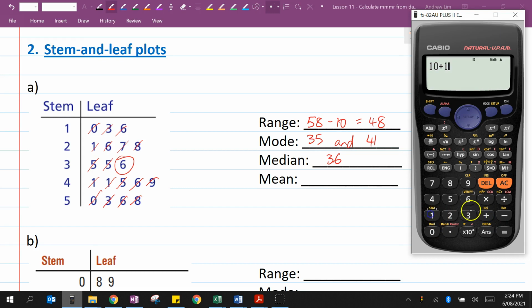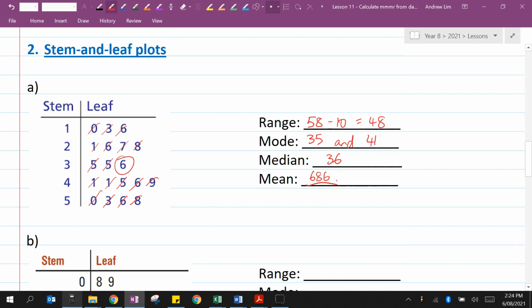So 10 plus 13 plus 16 plus 21, 26, 27, and 28. 35, 35, 36, 41, 41, 45, 46, and 49, 50, 53, 56, and 58. 686